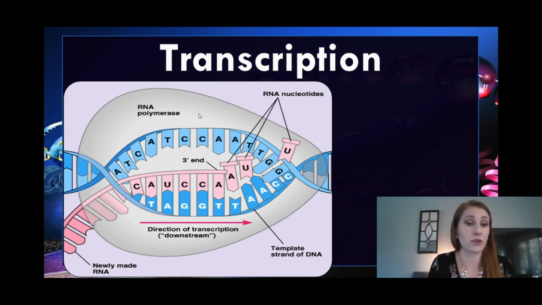So when we look at our DNA, that's going to be in blue here. It's been opened with a helicase. Remember, helicase is one of our other enzymes that's going to unzip our DNA, just like we talked about with DNA replication. Now it's going to unzip this DNA and allow the RNA polymerase, which is this really big enzyme here, that kind of grayish enzyme shape,